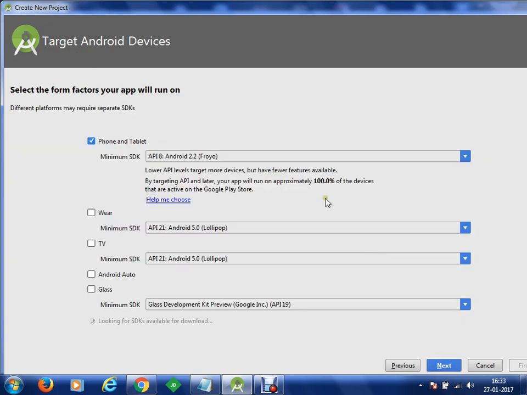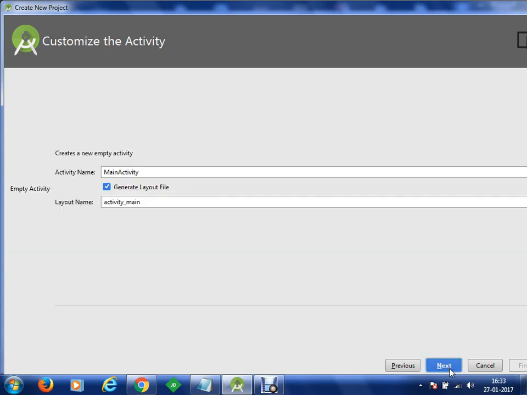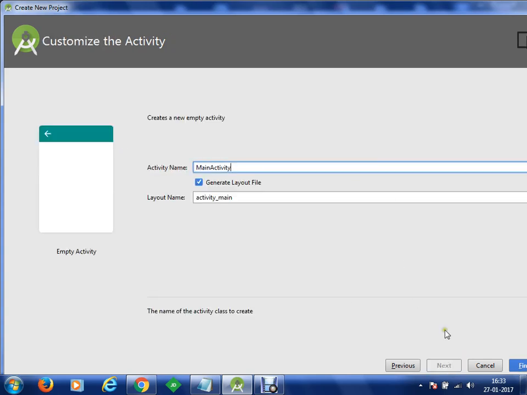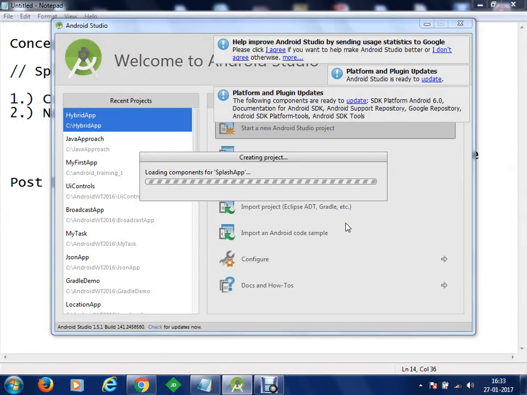Let's go next. Minimum device Froyo, we'll go next. We're going to get started with an empty activity at the moment, and this activity I'm going to make as splash activity. Okay, let's go next. I'm going to click finish, and I'll wait for my project to be ready.